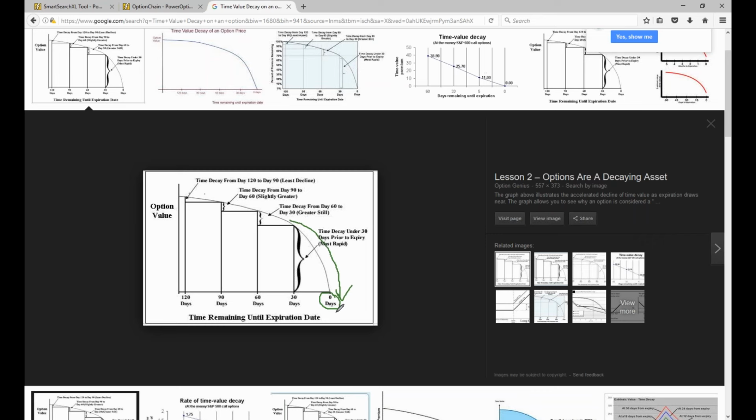Assuming that volatility, of course, and everything else stayed the same, 30 days out, I sold an option for $1. I'm going to see the most time decay in that last 30 days. Really, the last 15 days is when you see the most of it. Those last 30 days is when it starts. Well, really, 60 days to 45 days is when we start to see that curve. Right about here, we start to see that curve.